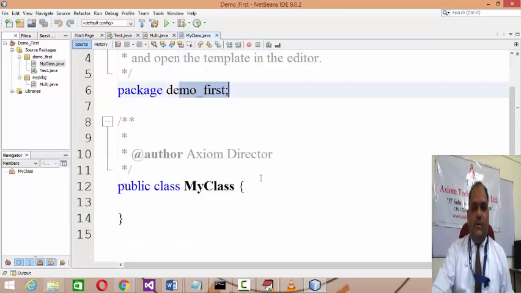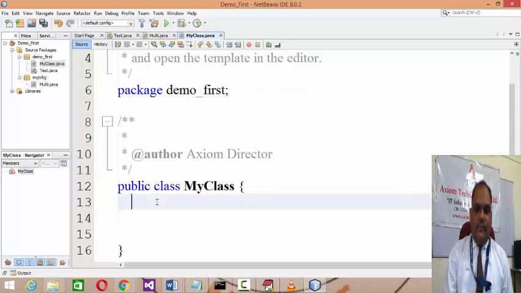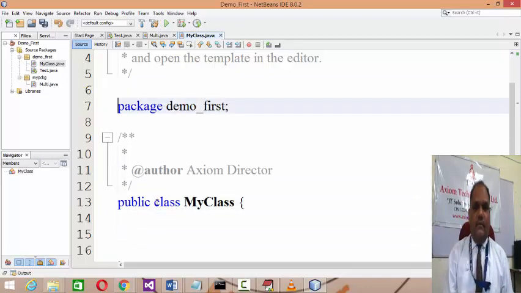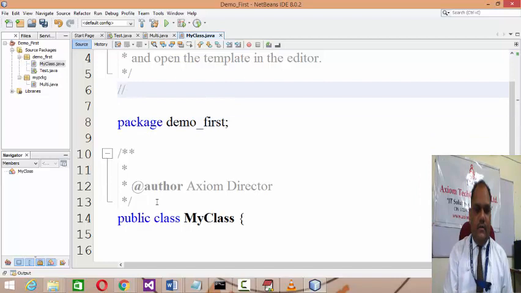So in the demo first package, I'm having a public class myclass, and inside that I'll be writing the process to read a 4-digit number and print it using alphabets, right?